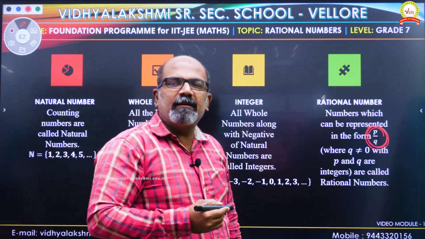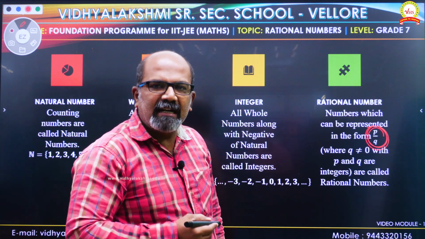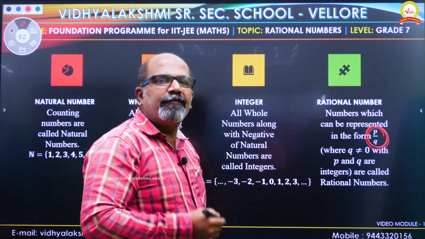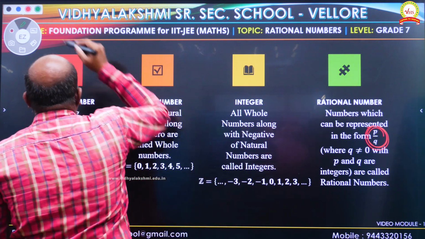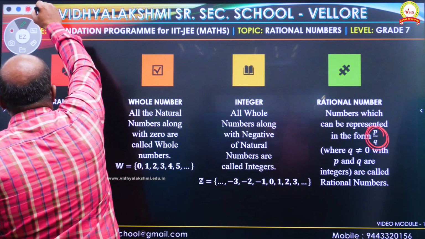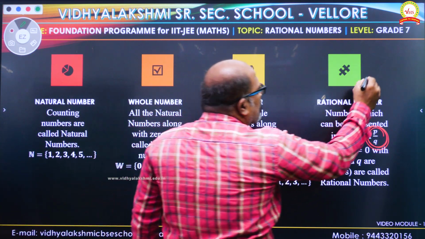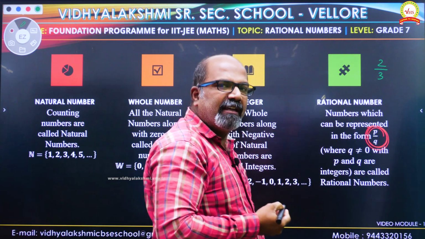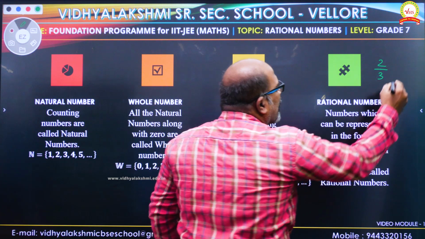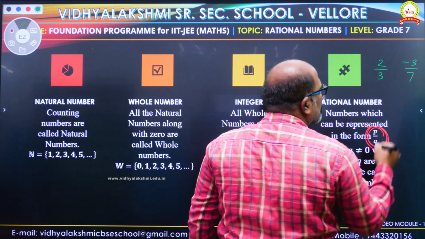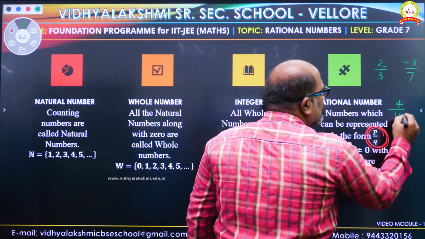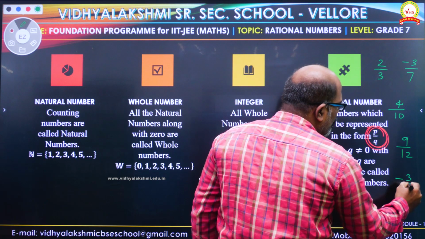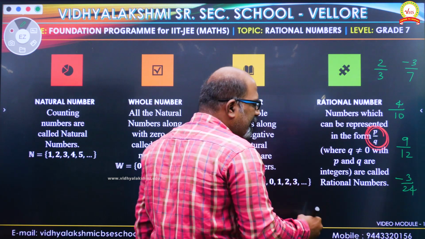So those numbers which can be expressed in the form of p by q will come under the category called what? Yeah, rational numbers. If you want some example, I can give you some example. 2 by 3 is a rational number because it is written in the form of p by q. So minus 3 by 7, plus 4 by 10, 9 by 12, minus 3 by 24, whatever it may be,